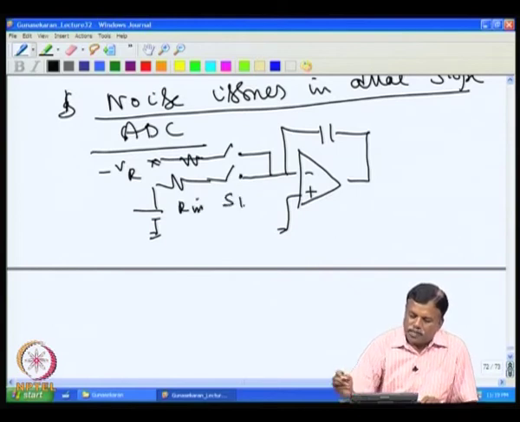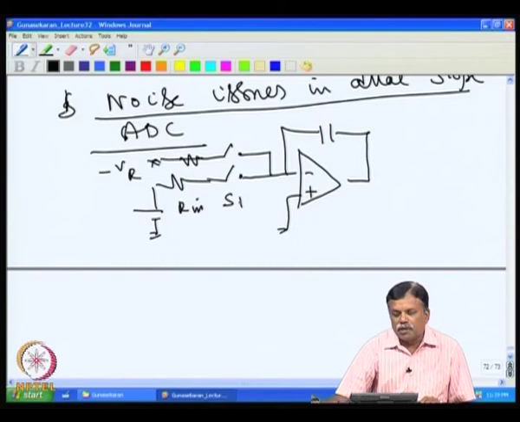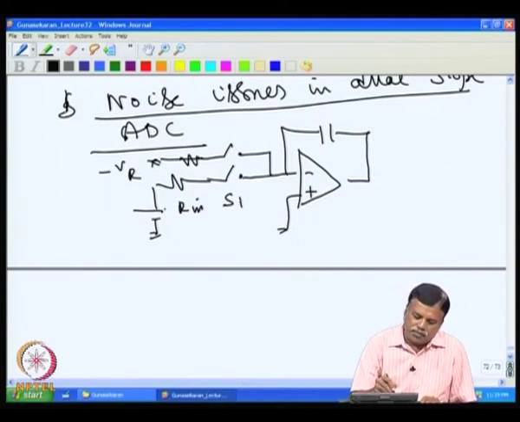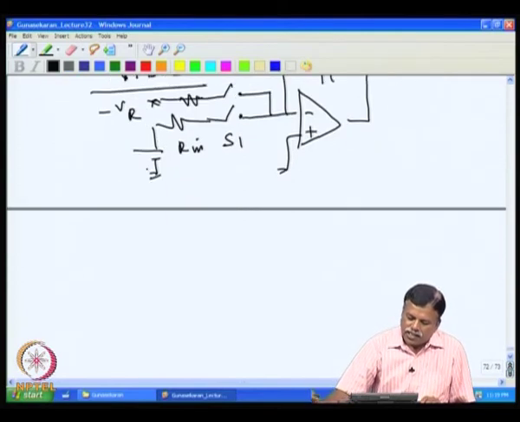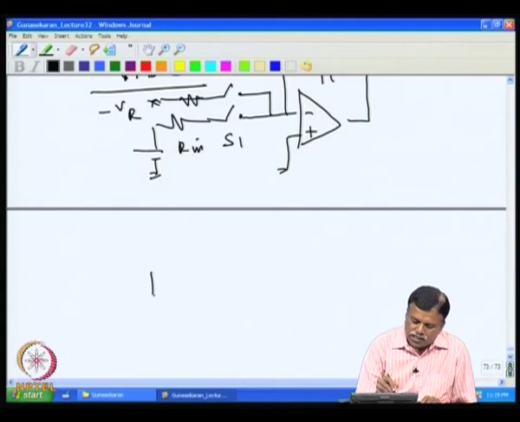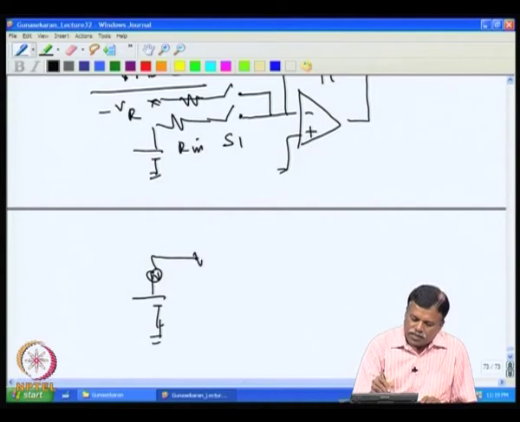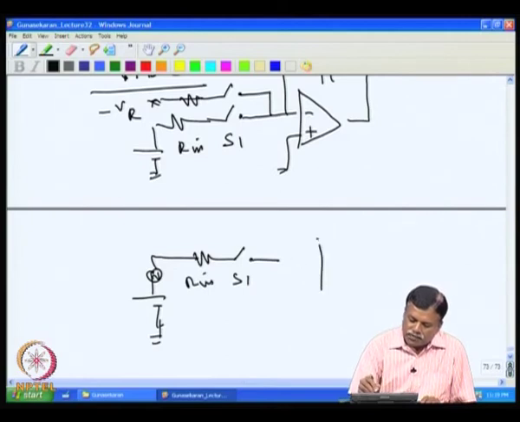S1 is on for a particular amount of time. For example, if I do not want 50 hertz noise, because the input signal has a 50 hertz noise, then V input consists of DC plus an AC source, which is 50 hertz. So, the current going through S1 consists of AC current plus DC current, both flowing here, and then